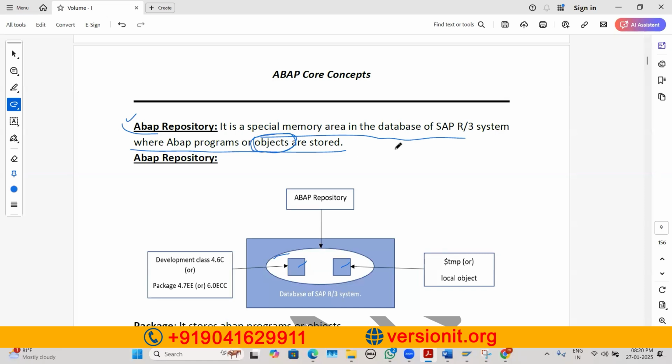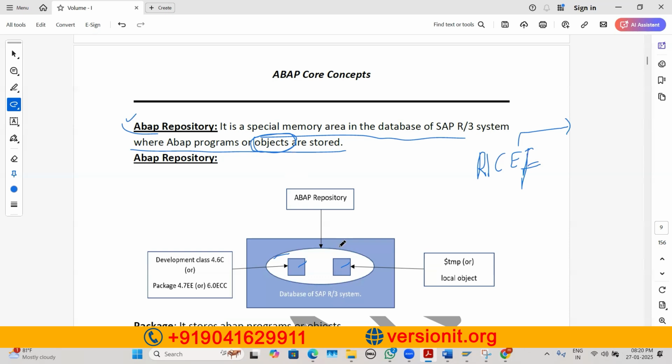So once you join a company, your team members will ask you: did you work on FI objects or HR objects? That means, did you create any program, which can be RICEF: reports, interfaces, conversions? Then you say, yes, I worked on FI objects, and those objects are enhancements only. I did not get an opportunity to work on forms. Likewise. So whenever we create programs or objects, they are stored where? In the ABAP repository,